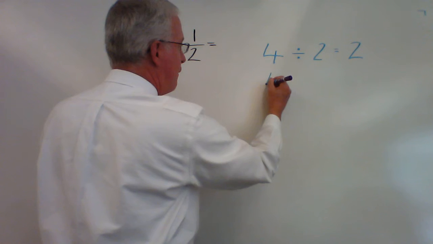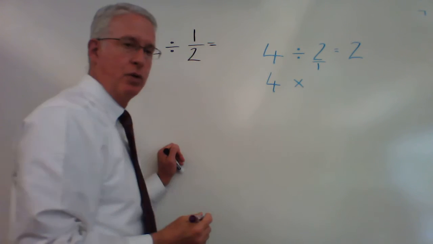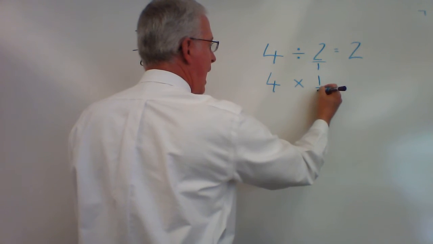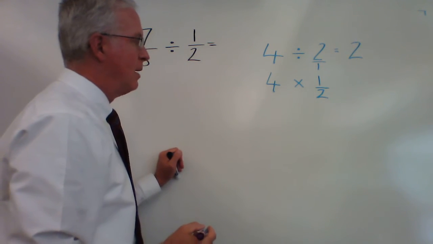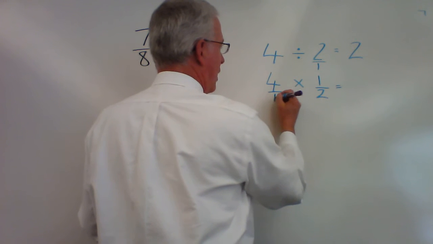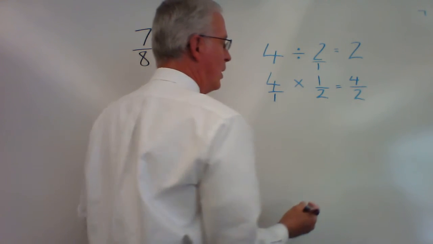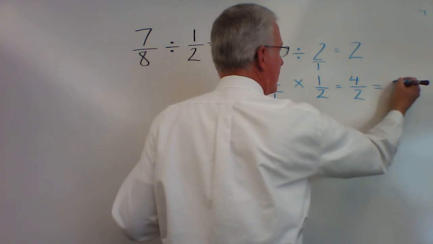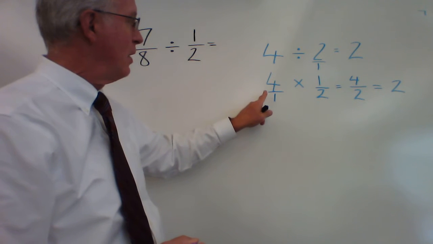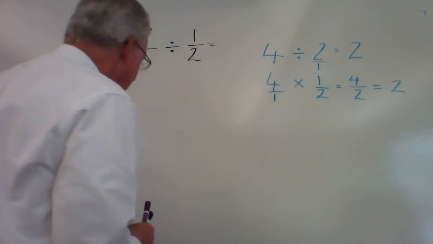So let's say 4 multiplied by the reciprocal of 2. 2 is 2 over 1, so the reciprocal is 1/2. 4 times 1/2 equals 4 times 1 over 1 times 2. 4 divided by 2 is 2. So 4 divided by 2 is the same as 4 times 1/2. So with that in mind,